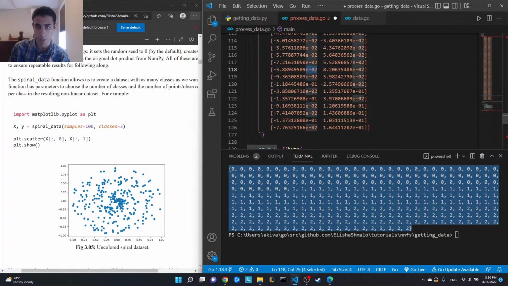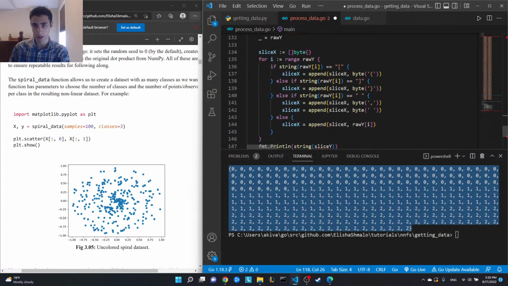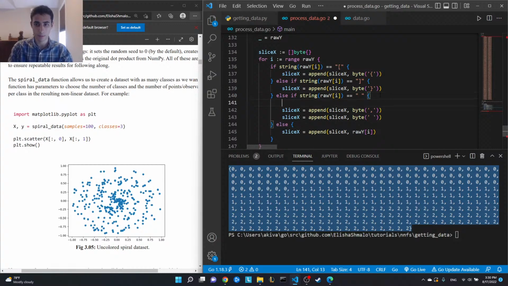Golang fortunately supports E-02 as valid syntax for a number, which is very convenient. So all we have to do is handle for different spaces. So where do we see if it's a space? Here. So the only time that we would want to append a comma and a space is if